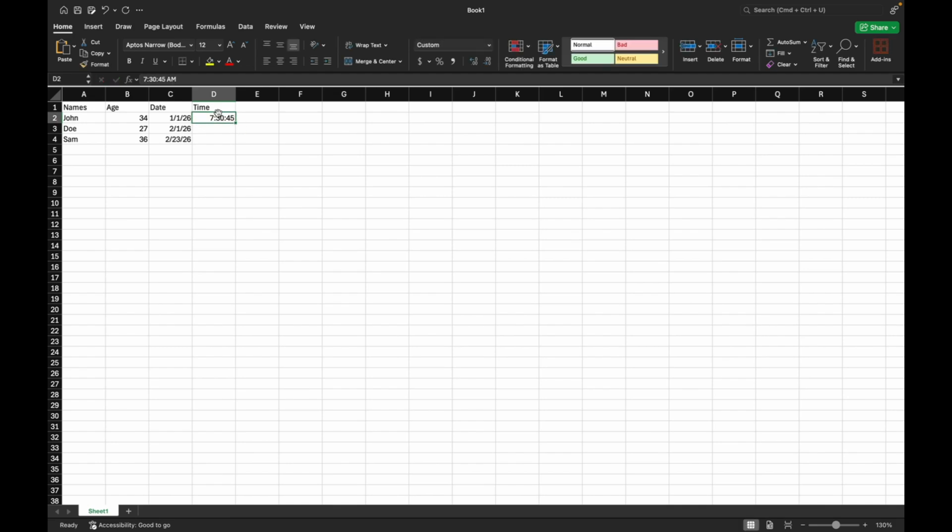So this way, if I come to my formula bar, you can see that Excel is saying this is now 7:30 a.m., because this is morning. Now Excel works based on a 24-hour clock. If I want this to be 7 p.m., then I have to follow the rule and add PM. You can see this is showing me 19:30:45, but in my formula bar, Excel shows this is 7:30 p.m. in the evening. So this is how Excel is able to identify the four types of data we have: the text, the number,